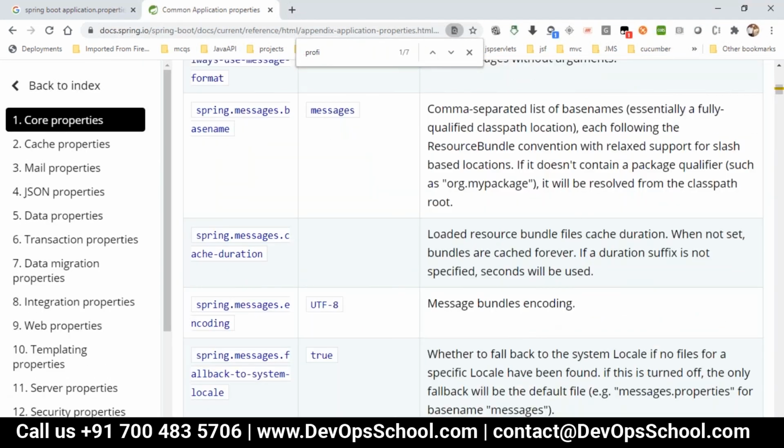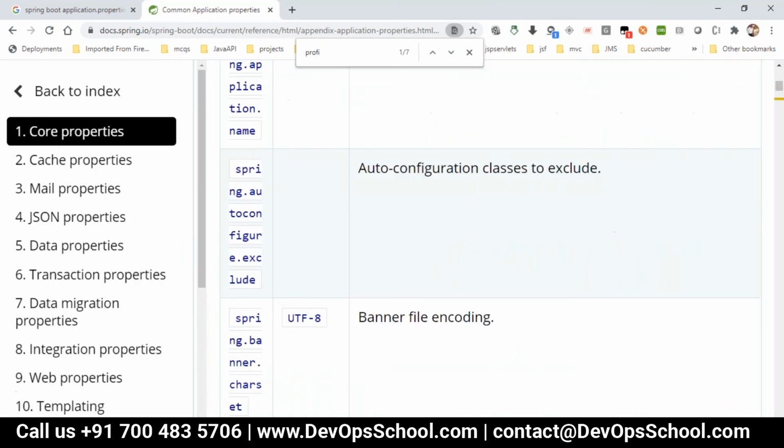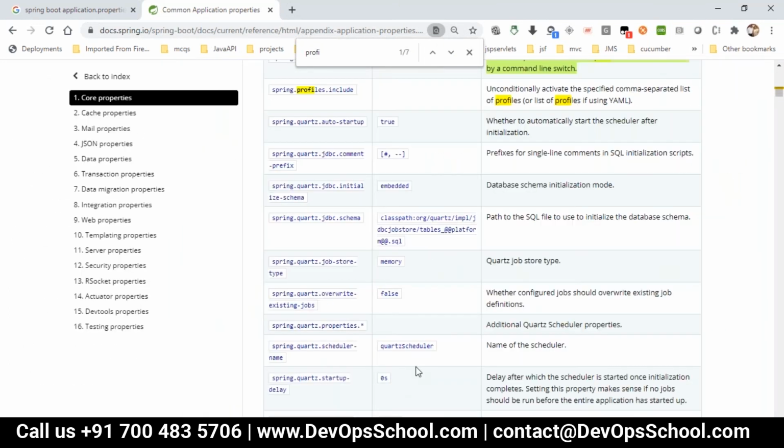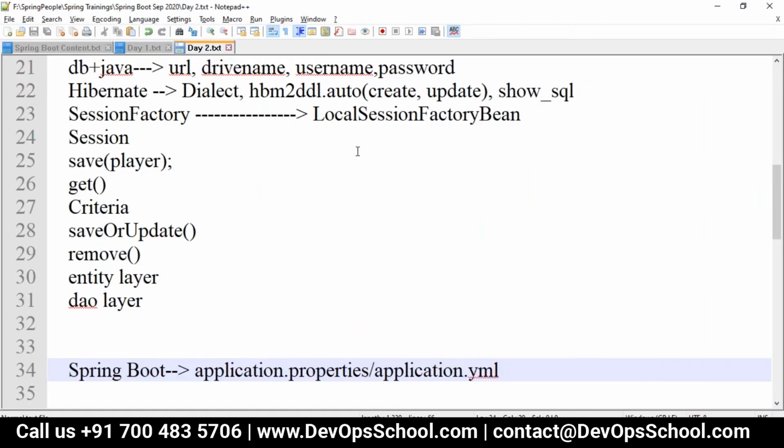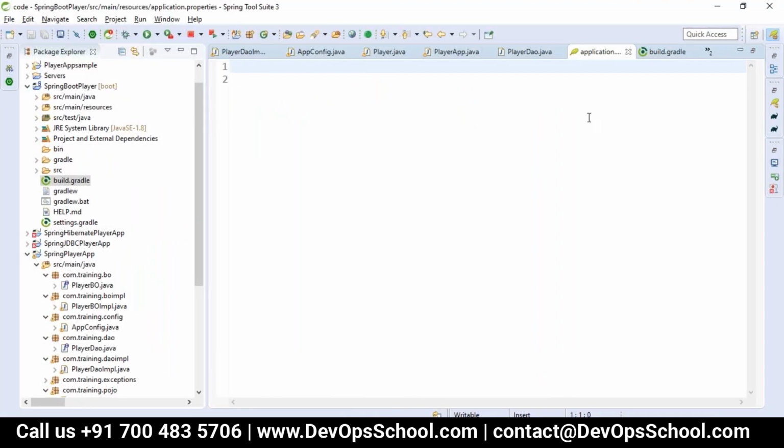So basically it will be used for development and for our testing. That's the simple introduction to Spring Boot. The Spring project we have done, and we integrated Hibernate, everything is the same, but only the configurations are not written by hand; they are taken care of by application.properties or the YAML file. So are you clear with today's session?